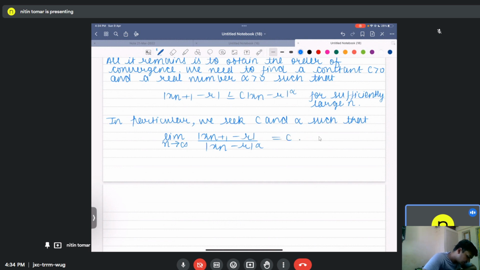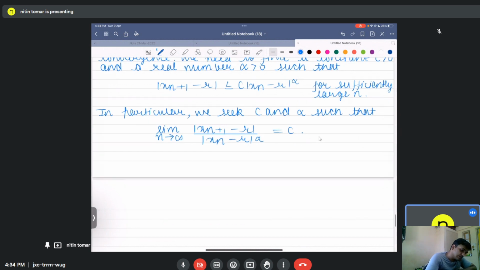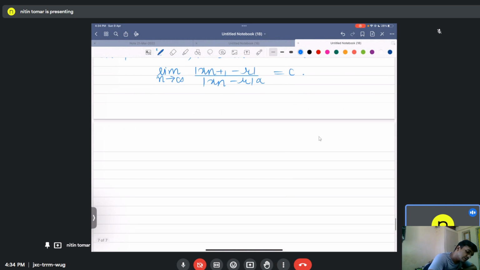So we need to find such alpha and c. So again we use 1, and using 1, we obtain that